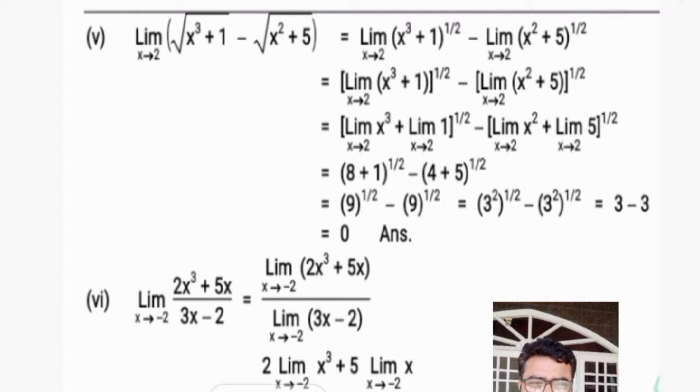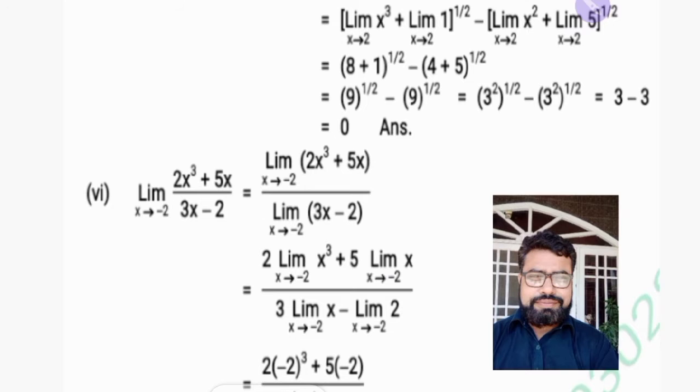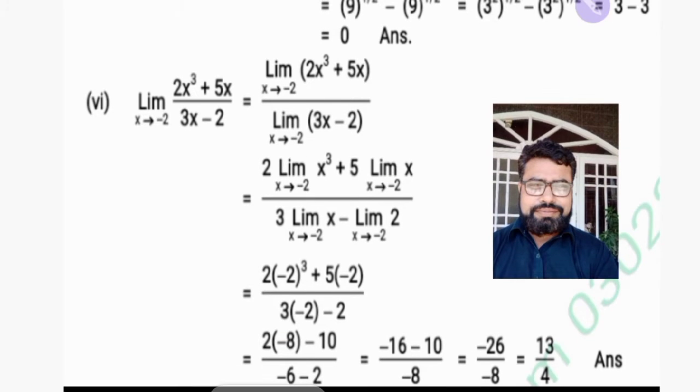Now we can cancel here, as there is one term is positive and one term is negative, answer will be 0. But if you want to simplify like this, that 9 means 3 square, power 1 by 2 will be written same, 9 means 3 square and power 1 by 2, and power will be cancelled, and 3 minus 3, that is equal to 0. You can simplify it like that. Now the part number 6 and theorem number 6 you will learn in this part.